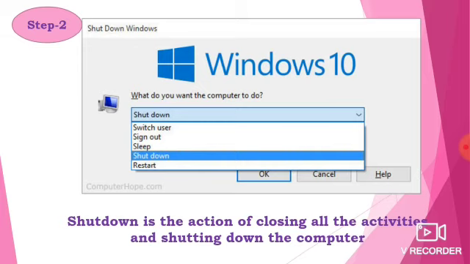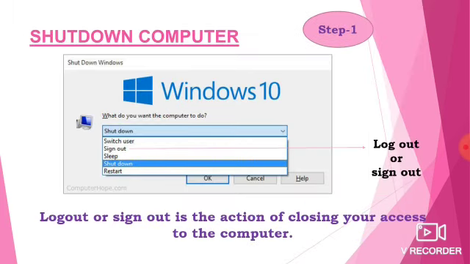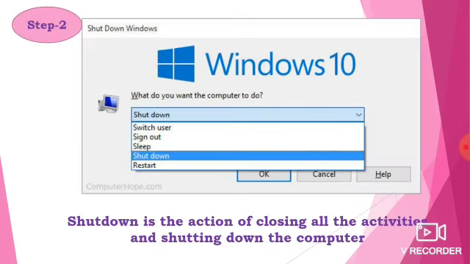Next, we are going to follow the shutdown. Shutdown is the action of closing all the activities and shutting down the computer. Log out is the action of closing your access to your computer, but shutdown is the action of closing all the activities and shutting down the computer.